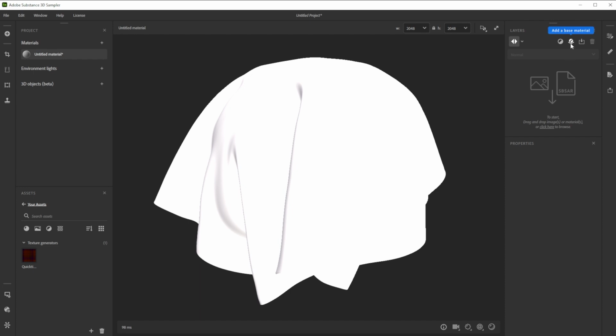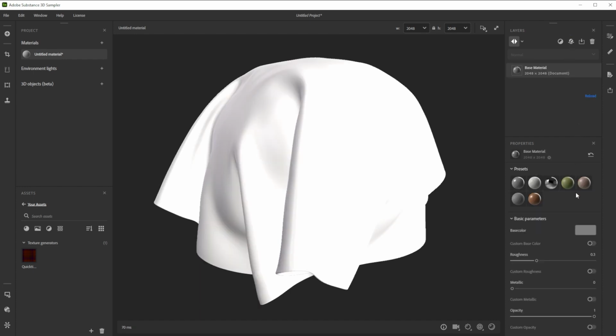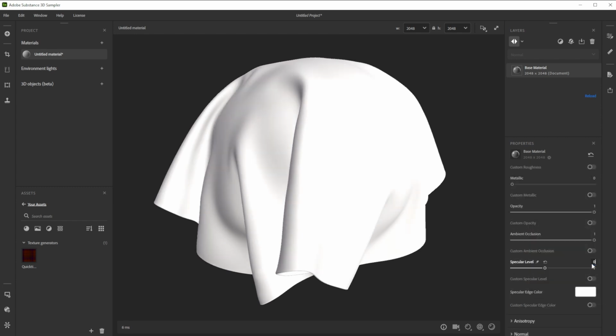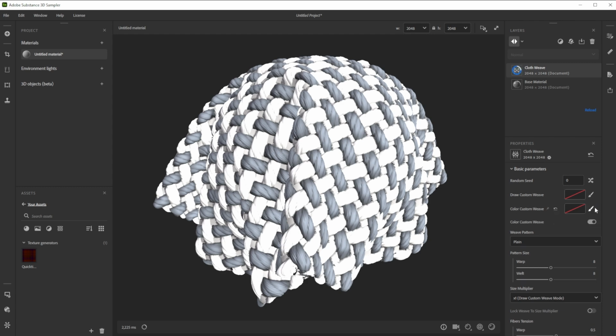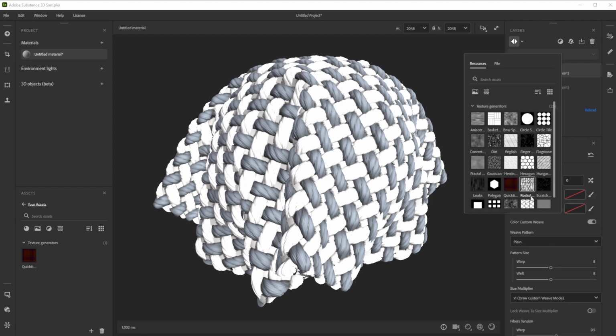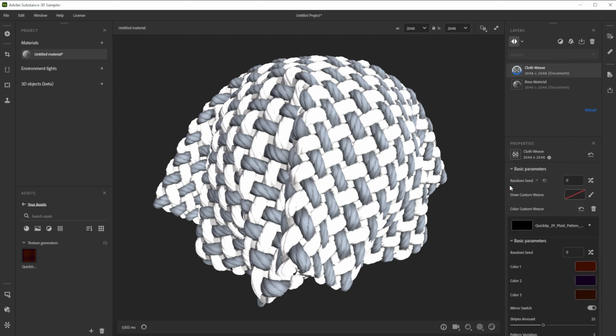Use a base material as starting point by clicking on the Add a Base Material button. Then choose the fabric preset and reduce the specular level to 0.1 for a good starting point. To get the base fabric weave, add a cloth weave filter in the layer stack. Then activate the custom color and click onto the crossed out color field to add in the Plaid pattern texture